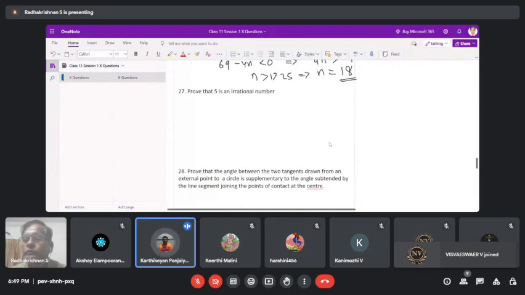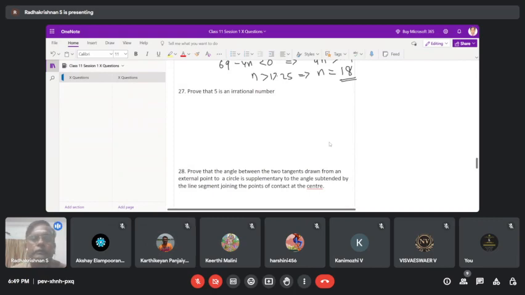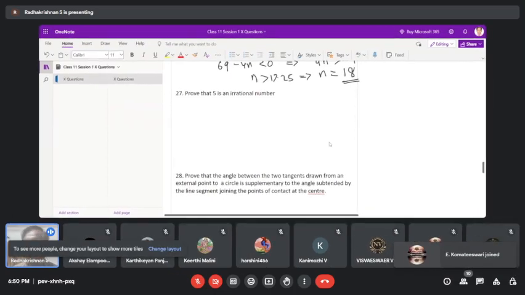It is a number which is not in the form of p by q, where p and q are integers, right, and q is not equal to 0. Okay, so now, do you know how to prove that a particular given number like root 5